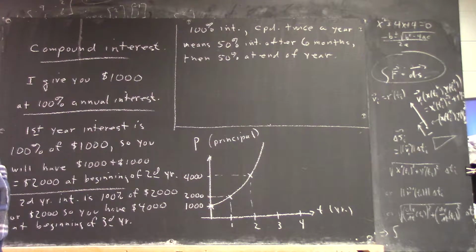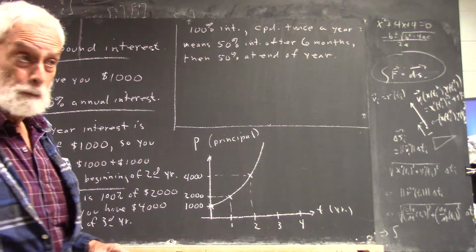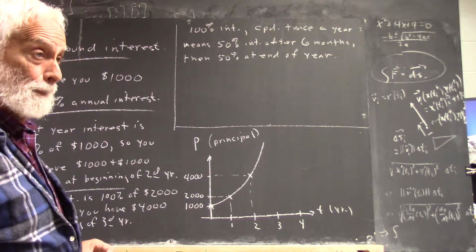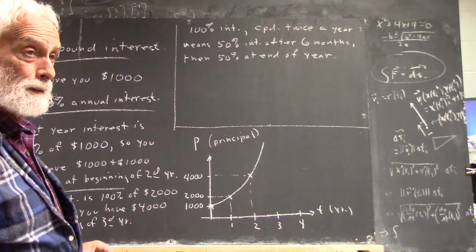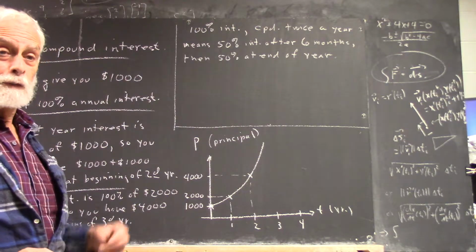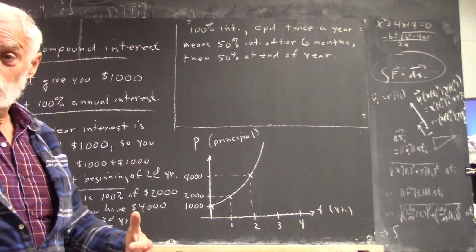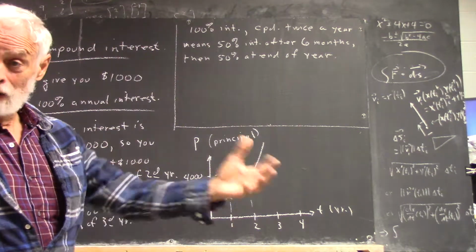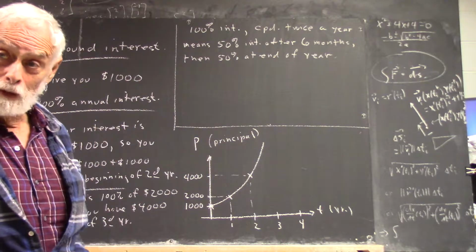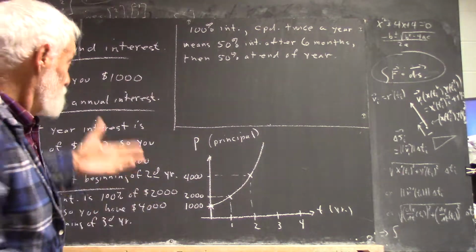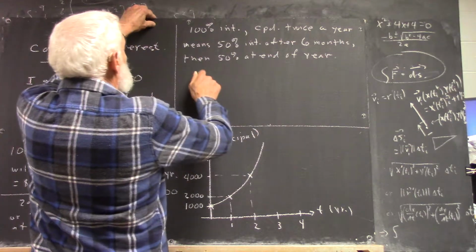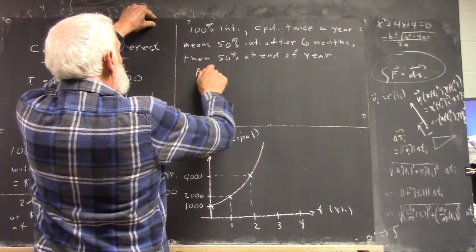And I think maybe I did that wrong. I don't know about the 250, but let's work it out. You get 50% of your principal at 6 months, and then the other 50% at the end of the year. No, because you get 50% of your principal in the second half of the year, and your principal is $1,500, right? Yeah. So we can work this out. Would you get 1,050?